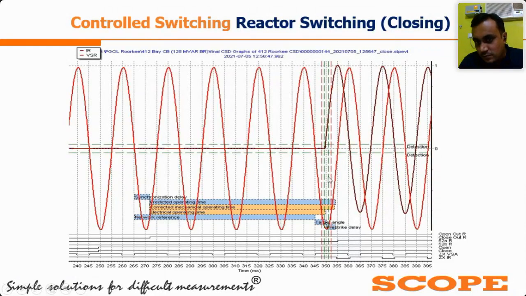Okay, here you can see also synchronization has started from voltage falling edge, right,